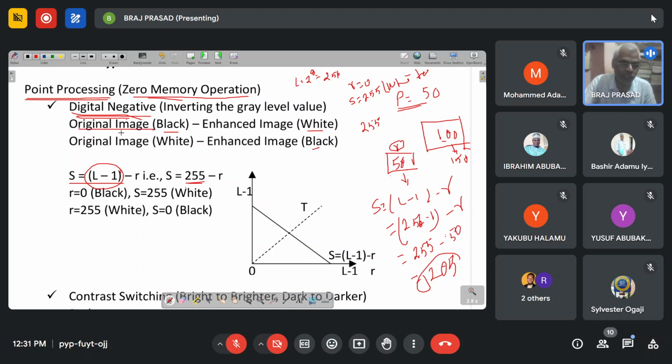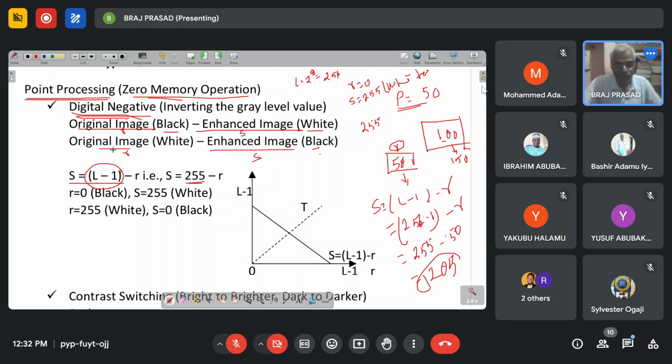Original image is denoted by R, and the enhanced image is denoted by S. So if R is black, its enhanced value will be white. If the original value is white, then its enhanced value will be black. So this is the concept of digital negative